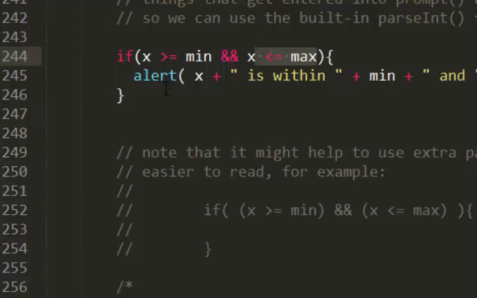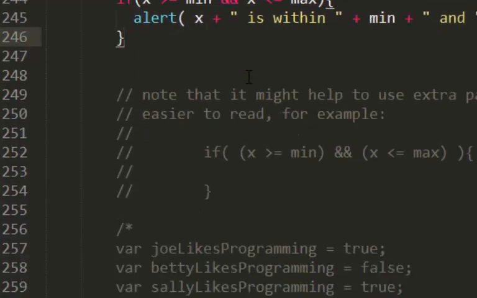So basically what we're doing with this sample is checking to see if x is within a range, and we set the range from 1 to 10. So we're checking to see if x is within that range, and we'll do a lot of this sort of thing too. Alright,